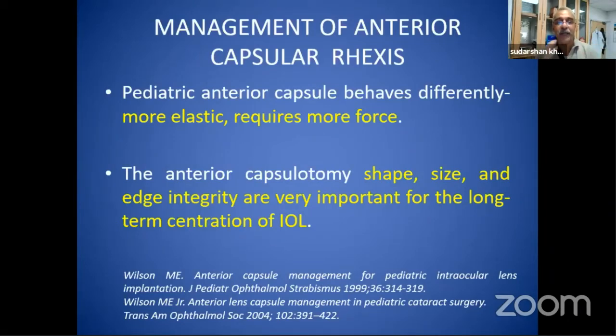Something like the egg which you put in boiling water. When the egg is soft, it's a different protein. When it gets boiled, it's a different ball game altogether. So how do you go about it? Whenever you want to manage anterior capsule rhexis in a soft cataract or an intumescent white cataract, you've got to be on guard, because there's a thrust from the lens trying to come out. Second, the pediatric anterior capsule behaves differently. It's more elastic, it stretches, it doesn't tear that easily, and when you apply extra force, it will run off.